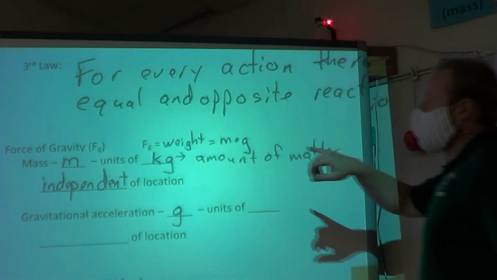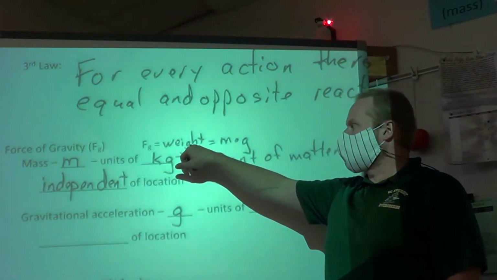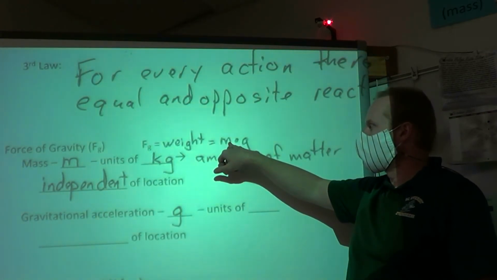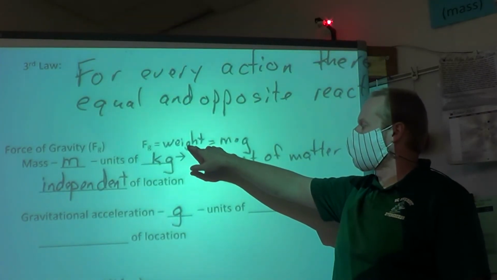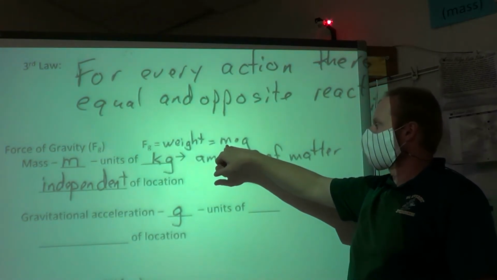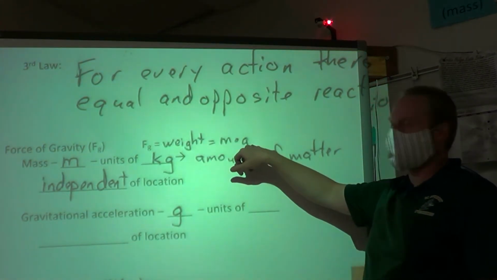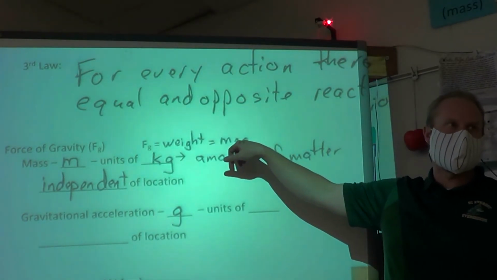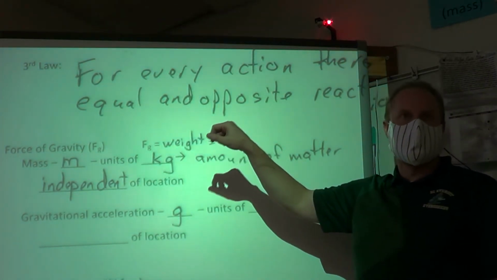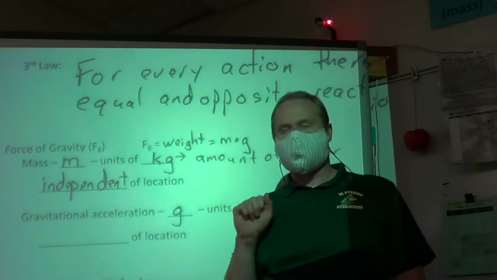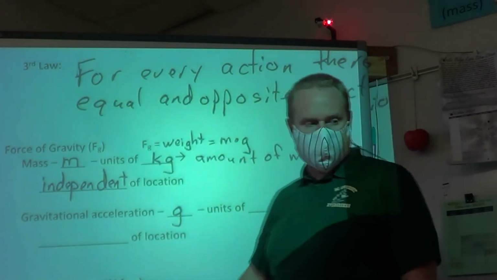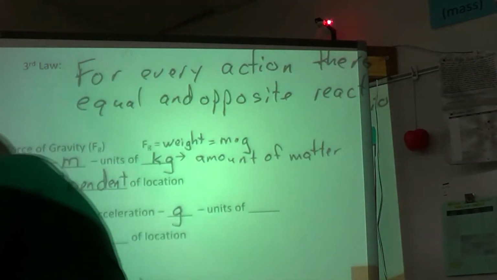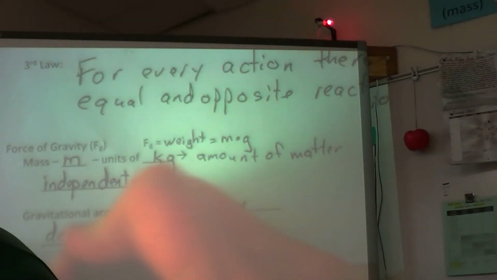So you told me that if you go to the moon, your weight changes. But we said your mass stays the same no matter where you go. So weight is dependent upon the location. Your mass is independent of the location. So what must be true about the gravitational acceleration when you go to the moon? Does that change or stay the same based upon location? Is this independent or dependent upon the location? Dependent. It's dependent, right? So the gravitational acceleration